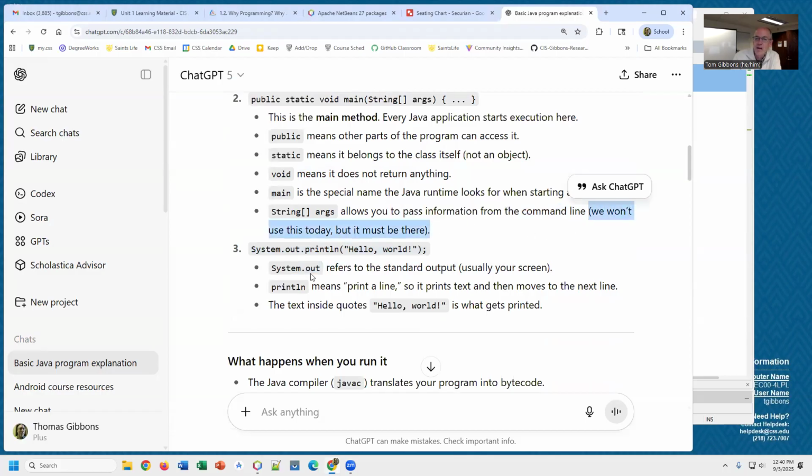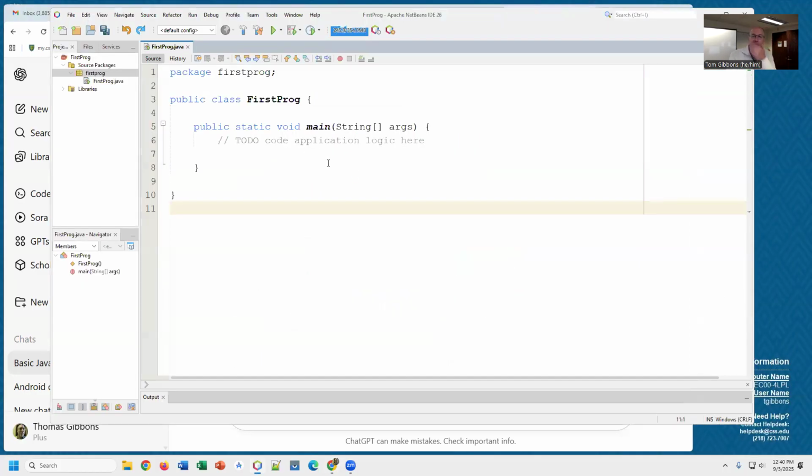And again, System.out.println("Hello world"). System.out refers to the standard output, usually the screen. Println means to print a line, and then the quote is that. So again, let's do that. Let's do System, with the capital S,